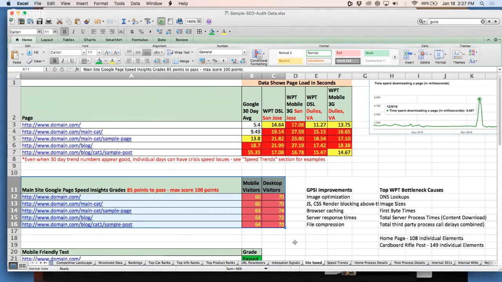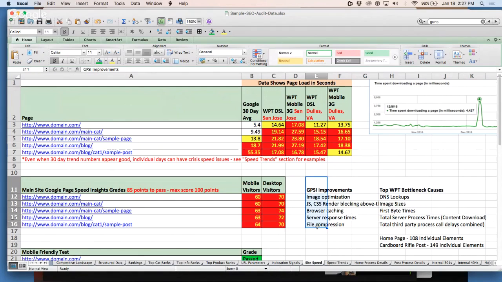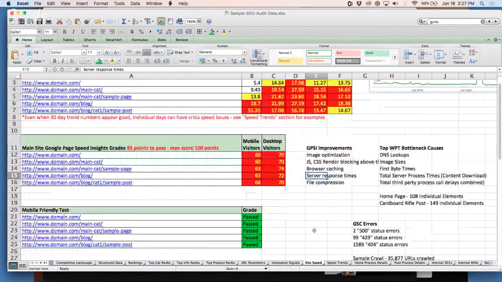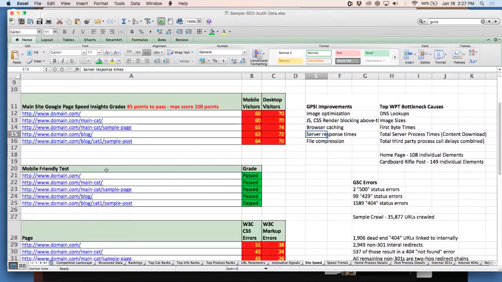And Google PageSpeed Insights is great, but it's not complete. You need other tools to show you more information, but it's part of the puzzle. And the Google PageSpeed Insights tool will list several things that you can do for images and style sheets and server issues that might be going on, right? I look at the mobile friendly test. I want to see what that tells me.